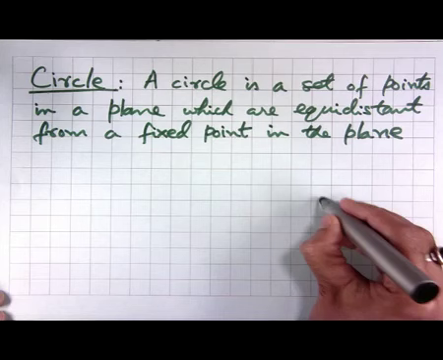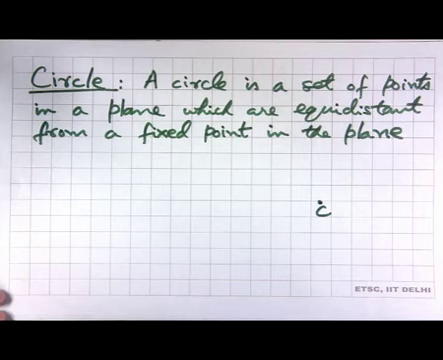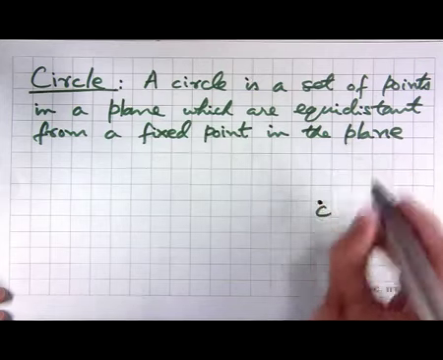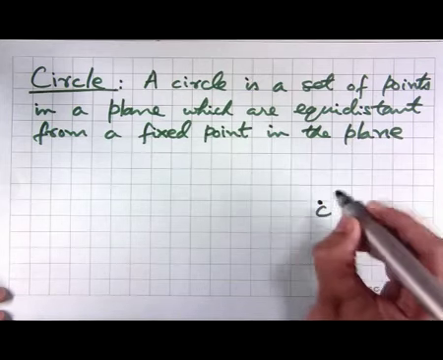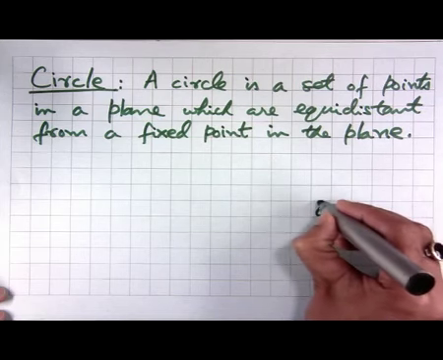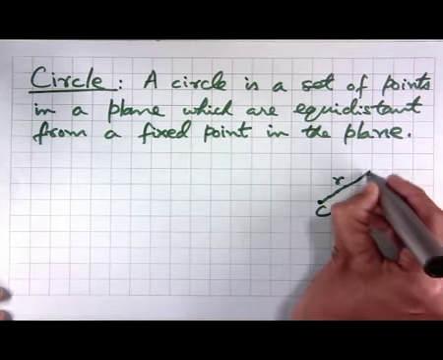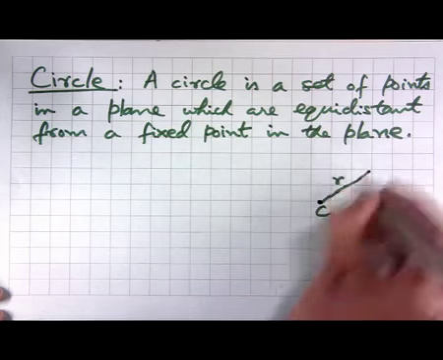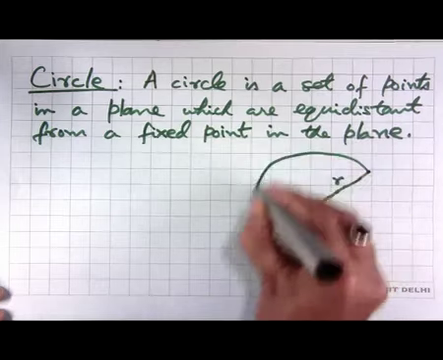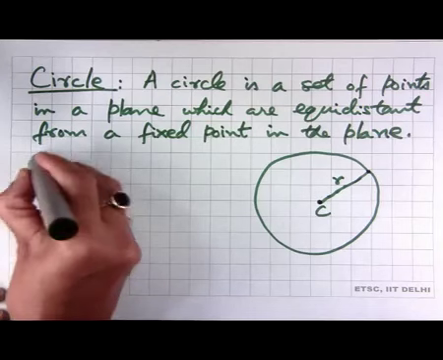So, there is a fixed point, let us call it C, in the plane, and to determine a circle we need all the points which are at a fixed distance from this fixed point. So, let us say the fixed distance is r. Then if we look at the set of all points which are at distance r from this fixed point C in this plane, we get what is called a circle,